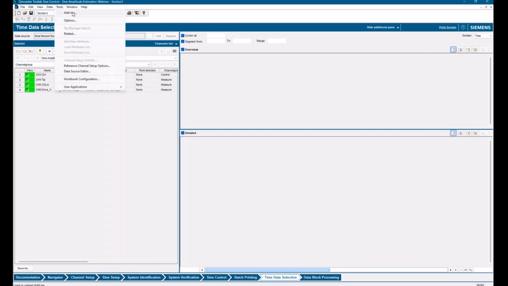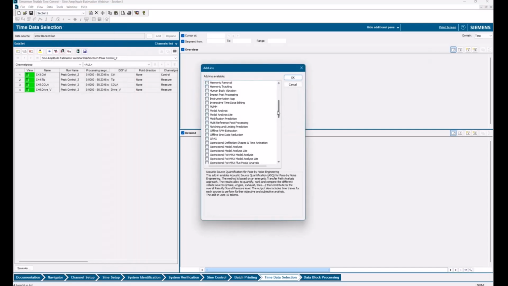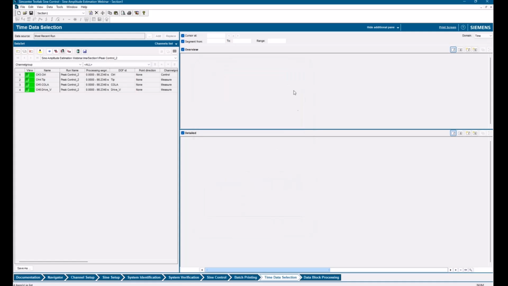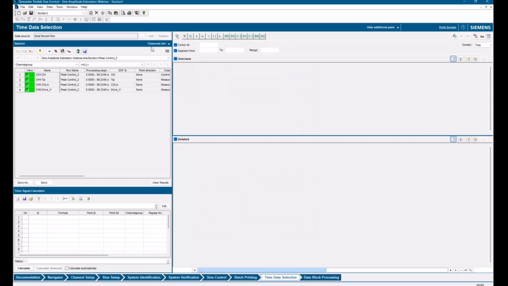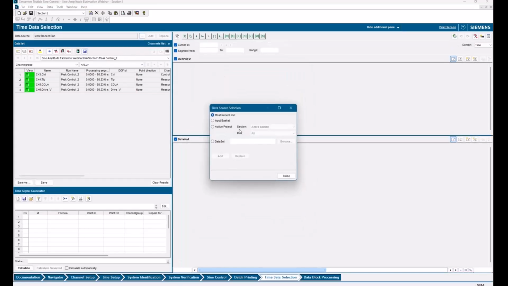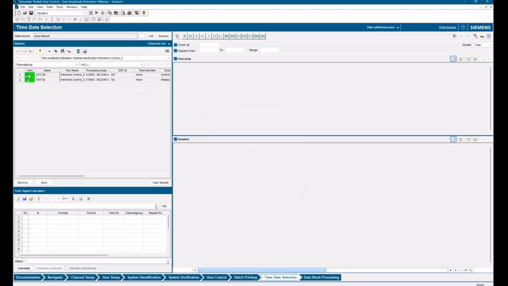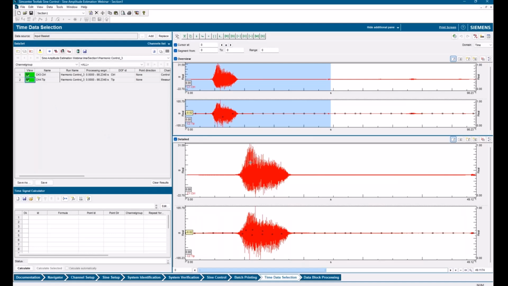And I'm going to turn on my time signal calculator, and we'll pull this in from the input basket. And you can see my two traces here.